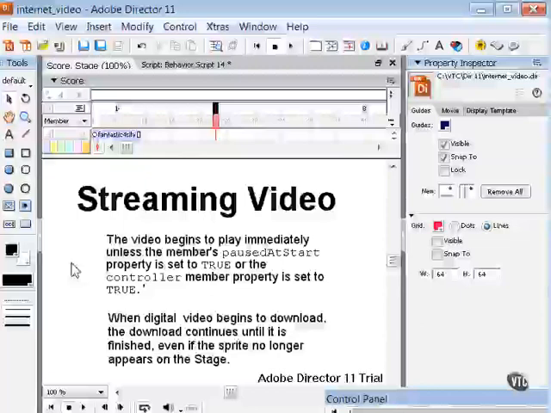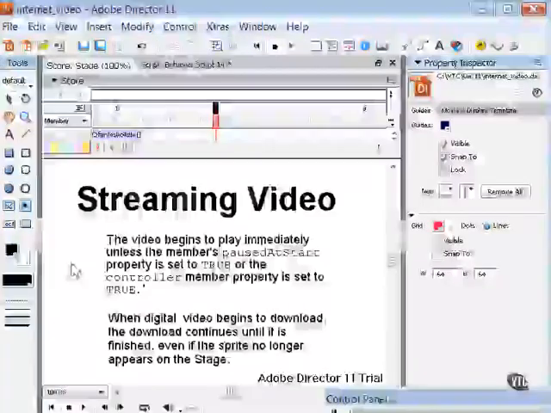Second, when digital video begins to download, the download continues until it's finished, even if the sprite no longer appears on the stage. You can use the %streamed QuickTime sprite property to test how much of the media has